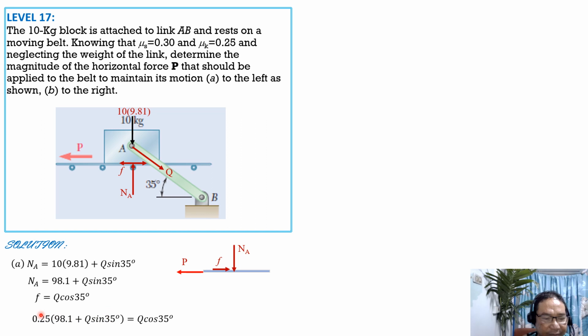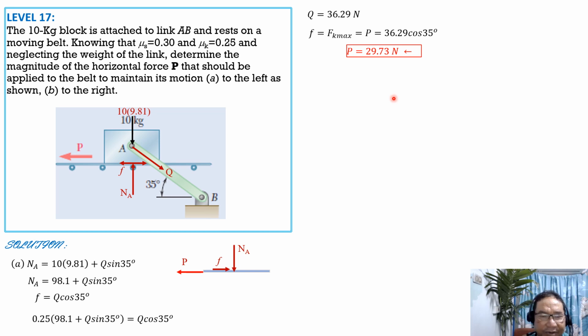So this is F, the coefficient of friction, F max kinetic, which is mu sub k times normal at A, and that equals Q cosine 35 degrees. From here, we can solve for Q. So Q is equal to 36.29 newtons. From this free body diagram, P equals F, where F is Fk max, equals P, so 36.29 times Q cosine 35, 36.29 cosine of 35 degrees. So P is equal to